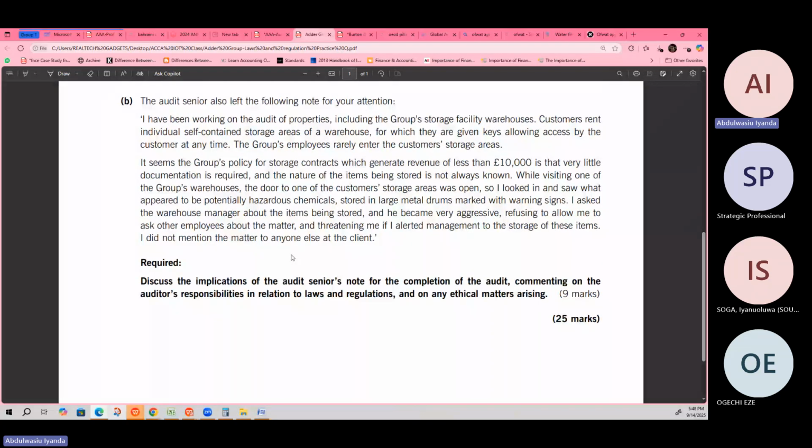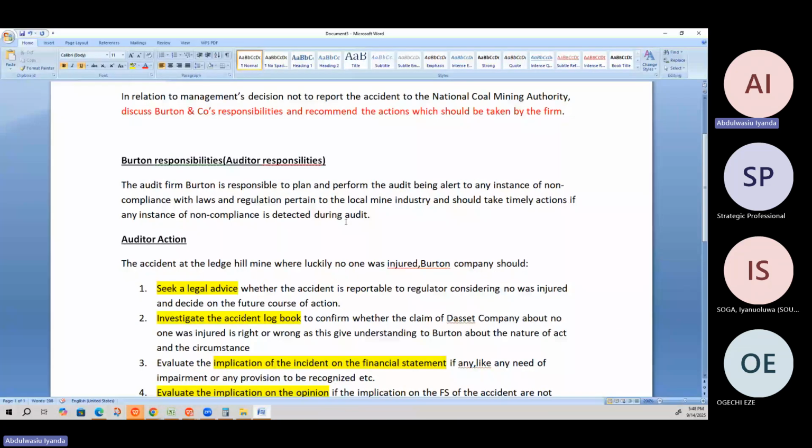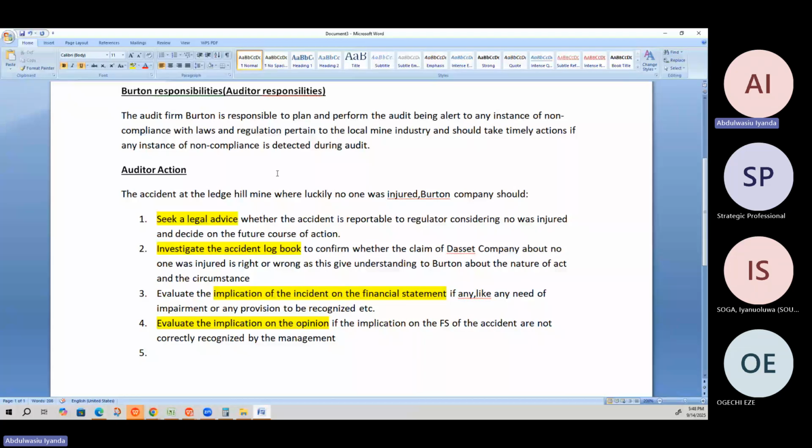Do we understand this? Is there any question, please, before we go? What is your duty and what actions do you need to take? If you think of anything, the key thing is to try as much as possible. You can draft it in a different way from here, but the concept should be the same. What do you expect the auditor to do in that situation?